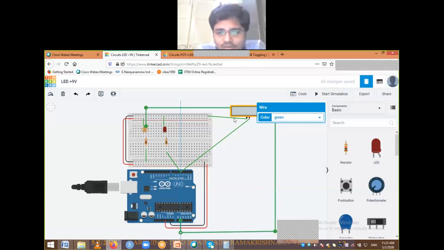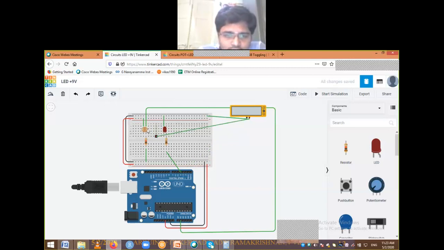This potentiometer connection, I'll try connecting across the LDR, across this junction. To remove that line, click on delete after selecting, then go and connect over here. Now I can see what voltage we get across this junction when light falls on the LDR, and what the voltage is when light is not there. Like that I can check.